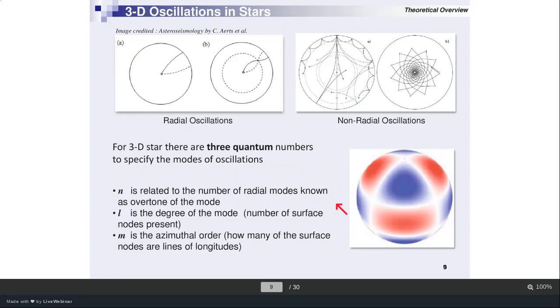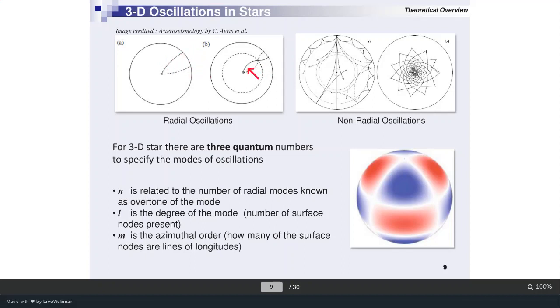Okay, so now this is about the 3D oscillation, how it happens inside the star, very briefly. Radial oscillations. Now these pulsations sometimes make standing wave patterns. If you look at a standing wave, when you make a standing wave, always the center is a node and the surface is an antinode. So therefore this is the most basic standing wave pattern.